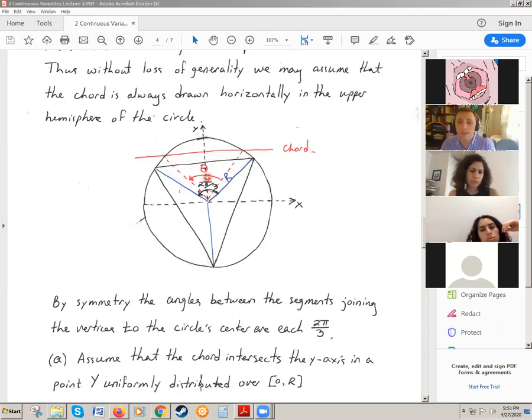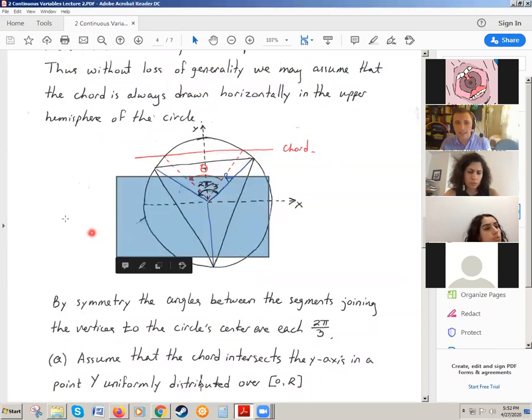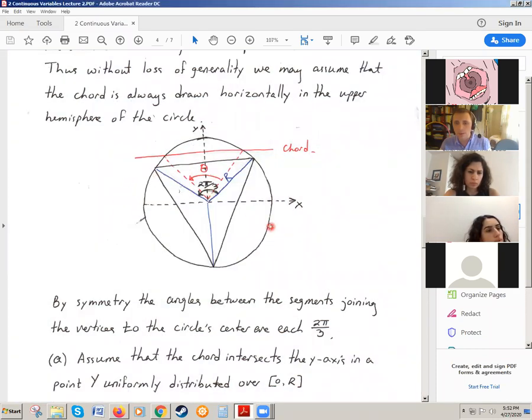So Shulamit is asking why we don't care if it's, let's say, below the x-axis. So this is the point here. When the chord is dropped, if you are looking at a stationary table, the chord can be dropped like this or like that. It can be dropped in so many ways, correct? It doesn't have to be a parallel line, and it doesn't have to be above the x-axis.